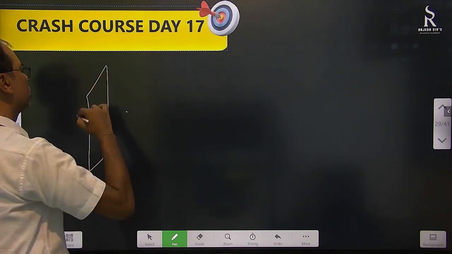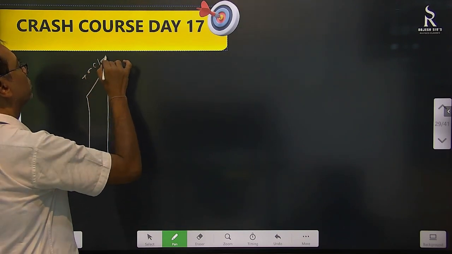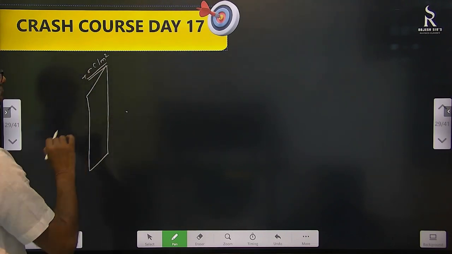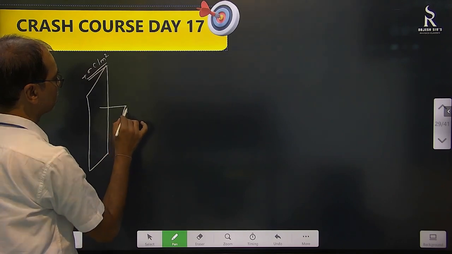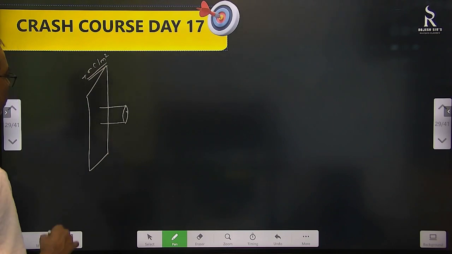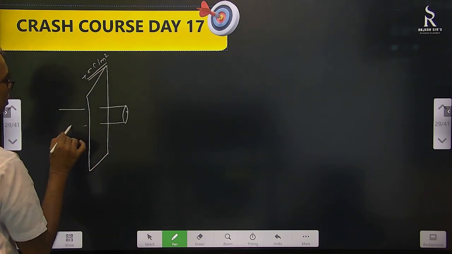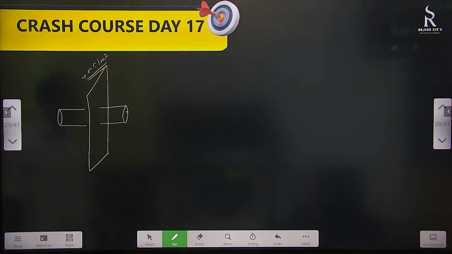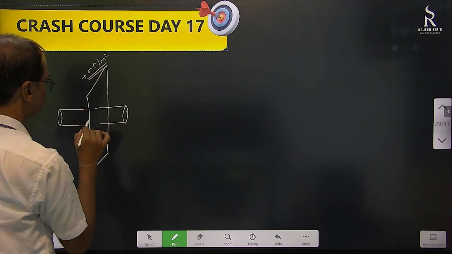Okay, this is uniformly charged. So what is the charge on this one? Plus sigma coulomb per meter square. Uniform charge density, charge by area is sigma. And we want to find the electric field here. So what will we do? Make a cylinder. And the cylinder must pass through the point where you want the electric field. So this is a half cylinder. Where is the remaining? The remaining is here. Okay, it's like this. In between, I'll show you dotted lines.